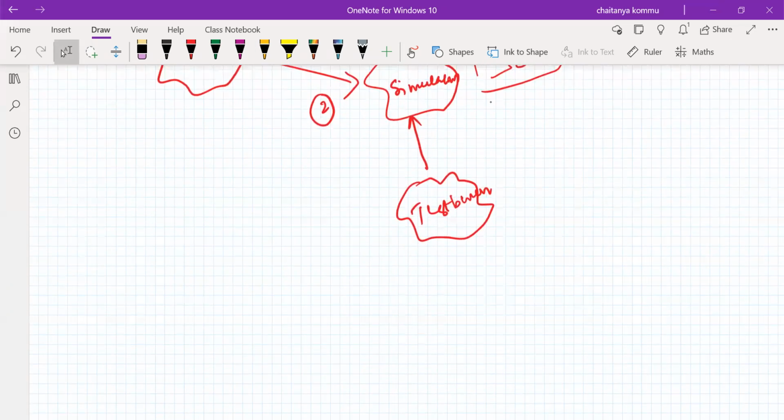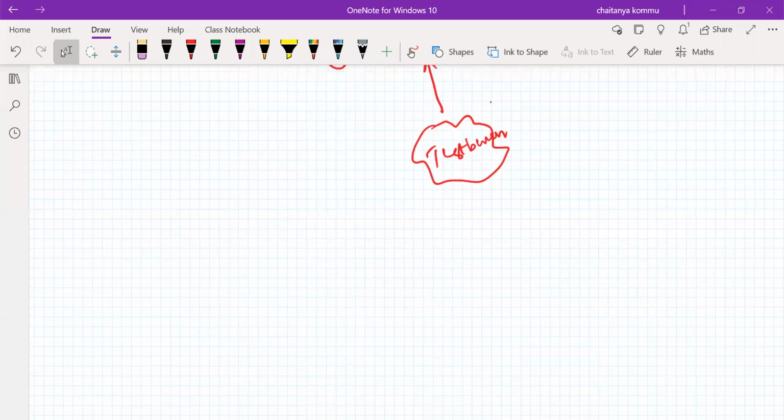Please listen to this one also, it is very important. Writing a test bench: from Xilinx 12.0 onwards, direct waveforms are not available. We have to write a test bench in the form of Verilog code only. There is no alternative for this, so we focus on the test bench.